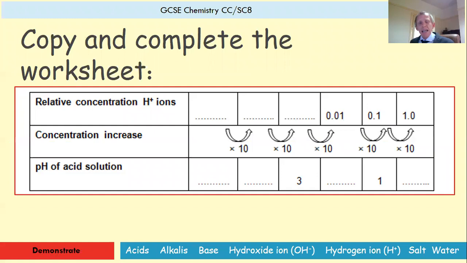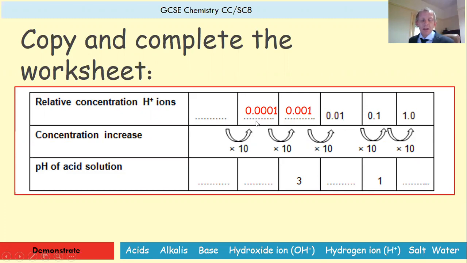But in any case, in answer to these missing squares, this value here is our first value that we have on this scale. We've got 3 blanks and then a value here. We know that this value is 10 times smaller than this value. So if we were to divide this number by 10, we would get 0.001. All I've done is add a 0 in there. If you're dividing something by 10, that's quite an easy way of being able to do it. Now, we've done that once here, we're going to do the same again, make the same jump. So it's another factor, 10 times smaller. So it's another division by 10, and that gives us